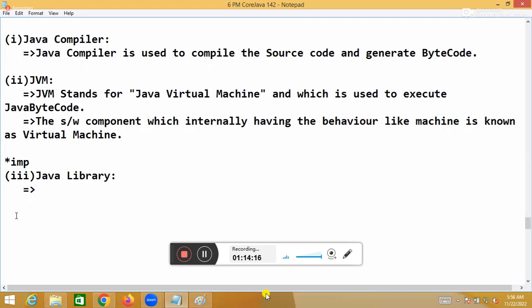So this library is divided into parts. The Java library we divide internally: Core, Advanced, Hibernate, Spring. One trainer will come with one part for you. So I'll give training on some part, the core library part. Make notes.